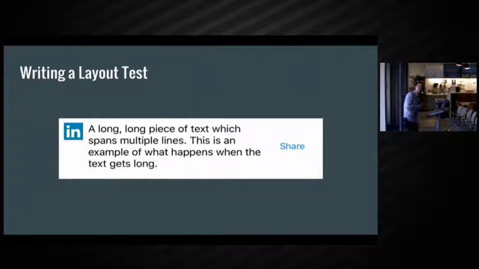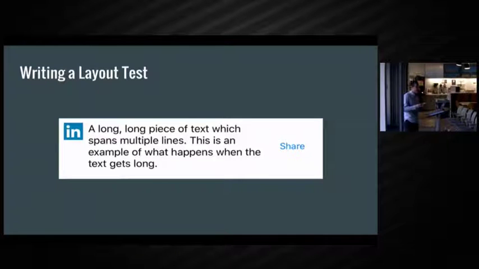Okay, so let's take a look at what it takes to write a layout test and what a layout test actually does. For this example, we're going to test this view. This is taken from our sample application, so you can go check out the code on GitHub and run the test yourself later. There's three main elements. On the left, there's an image view. If the data says there should be no image, then it will take that out and the text will be left aligned with the cell. There's a label in the middle which expands the cell as text gets longer. And on the right, there's a button which again is optional and might be missing.